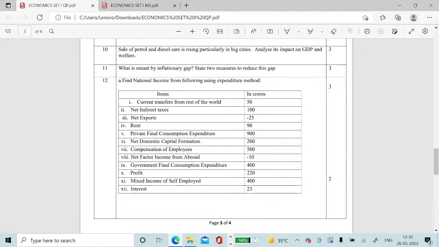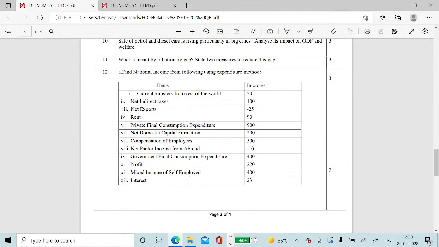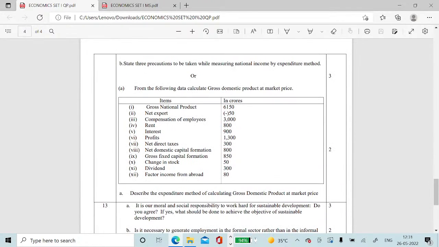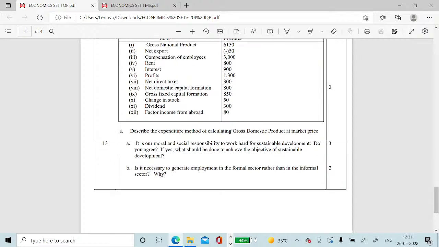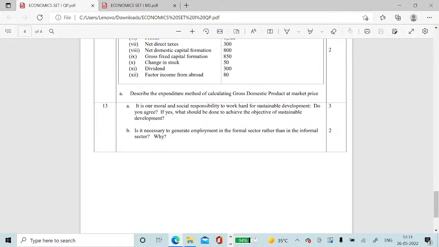Question 12 में नेशनल इनकम निकालना है एक्सपेंडिचर मेथड यूज करके। B, state three precautions to be taken while measuring national income by expenditure method. और इसका ही ऑप्शन है कि इसमें हमें जीडीपी निकालना है गिवन इन्फॉर्मेशन यूज करके। और B पार्ट है, describe the expenditure method of calculating gross domestic product at market price. क्वेश्चन 13 का A पार्ट है